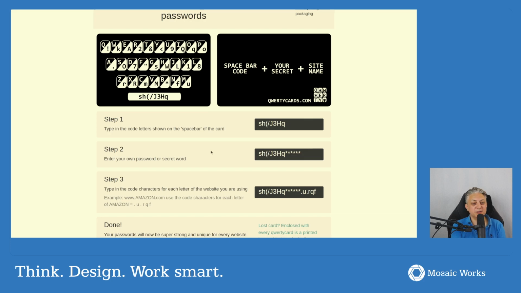In this example, the spacebar code is something like sh open parenthesis slash j3hq. It's a combination of small caps and large caps, numbers, and symbols. This is also unique to your card. Then for every website where you want a password, you create a password from three elements. The first element is the spacebar code. The second element is your master password, which means there's only one password that you need to remember. And the third one